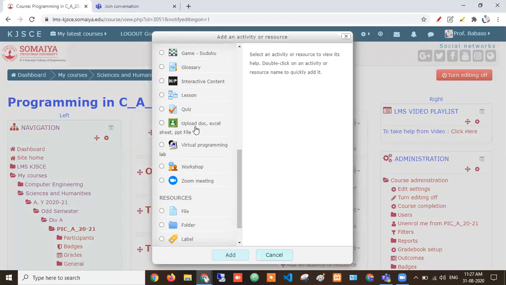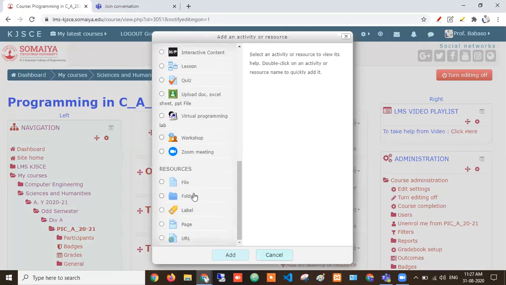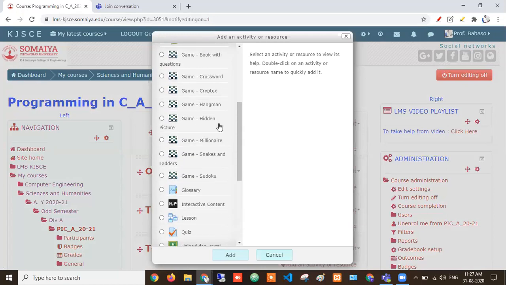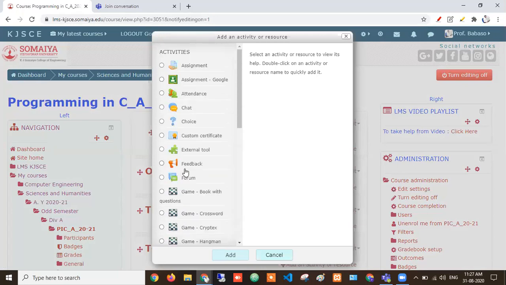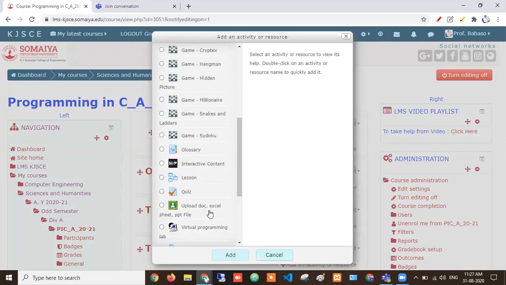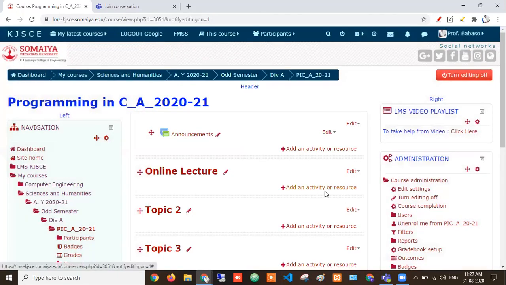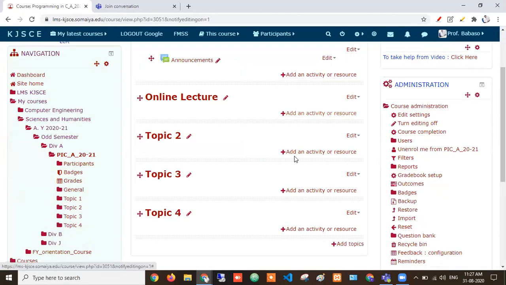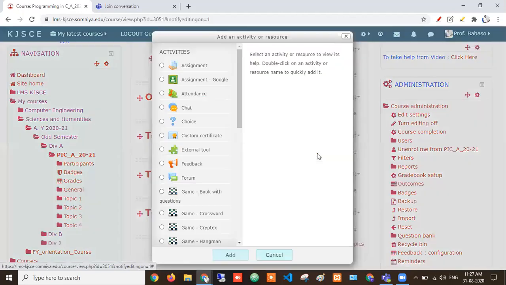If you want to upload docs or files, other options are also there. Under resources you can upload a file, folder, or label. Wherever you click under any topic, all these options will be available for you, and in the same way you can add these activities, right?